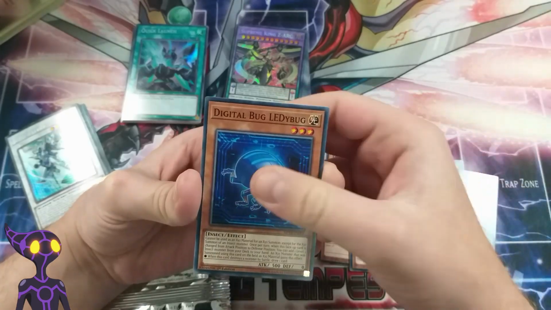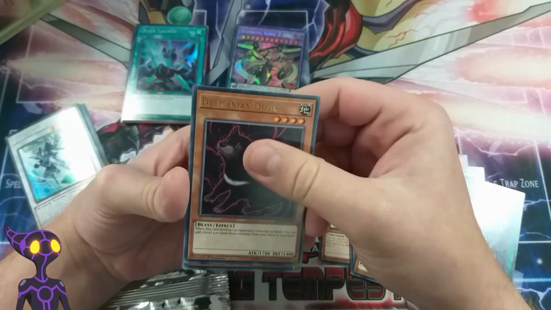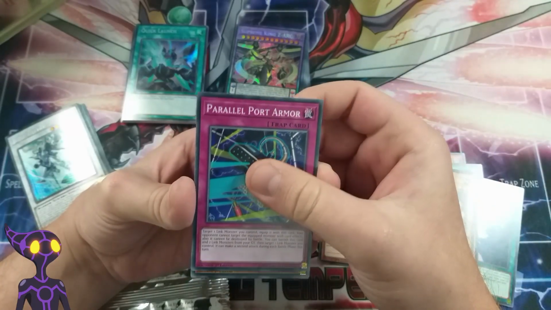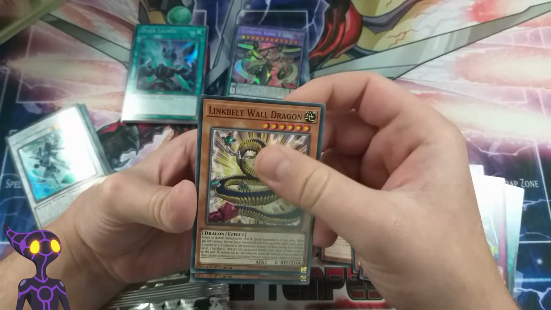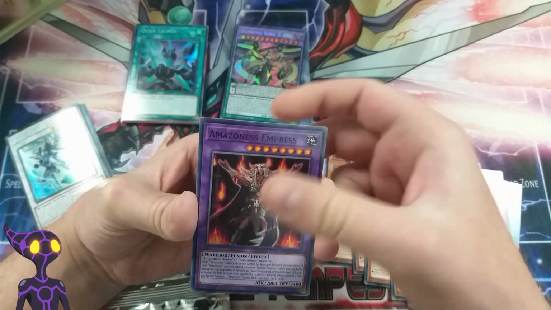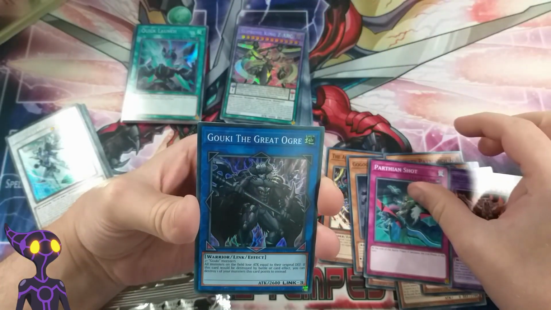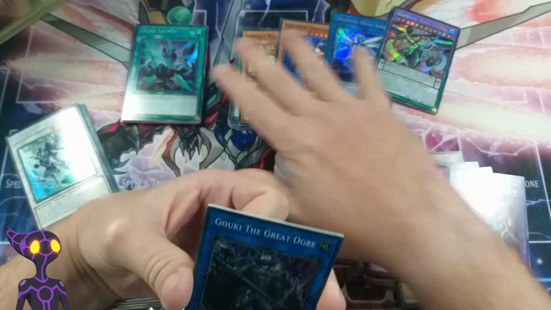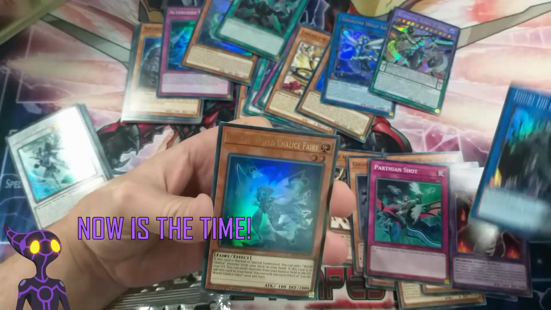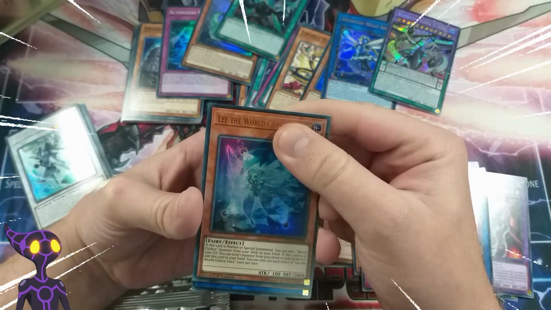Digital Bug Led Debug, something like that. The Zmayan Devil, okay. A Soldier Dragons, a Parallel Port Armor, another Link Belt Wall Dragon, a Self-Destruct Ant, an Amazoness Empress, and a Fartian Shot, I believe the second one. Our first holo is a Goki Great Ogre, and I'll check in because I was like, well, did I open this? No. Our ultra rare is a Lead the World Chalice Fairy, and we have a Link monster,